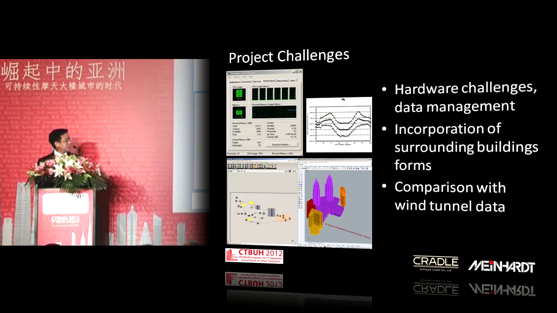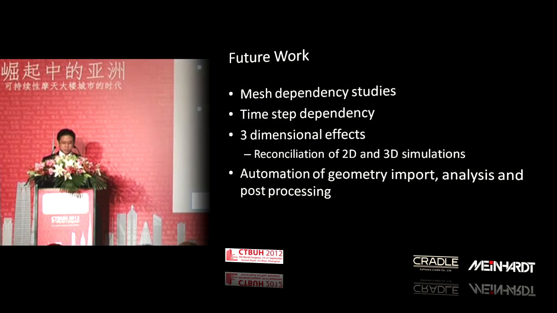One thing I had a little bit of an issue with was incorporation of surrounding buildings or forms. So we did a bit of a hack, just getting it out of Google Earth. That's not the best, but obviously to do this properly, you need to actually build in the surrounding building information to get that buffeting or shielding effect identified.